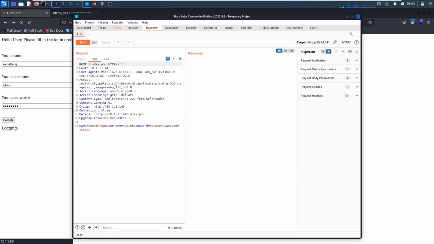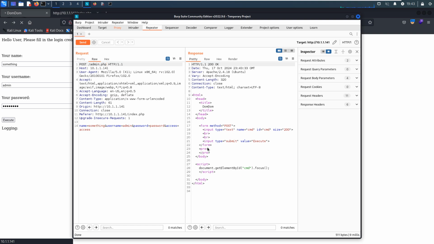As you can see, we have already moved the request to the Repeater module, and then we can do something. Just now we mentioned the main page doesn't have any function, just two pieces of information. So how about we change this page to admin, and then we can send. As you can see, this time we got something different from the target, and we get the script.